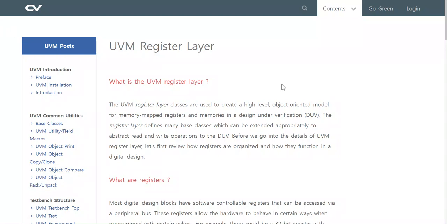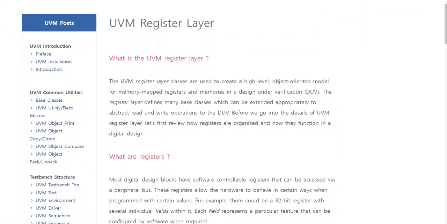Today, the UVM Register Layer. What is the UVM Register Layer? The UVM